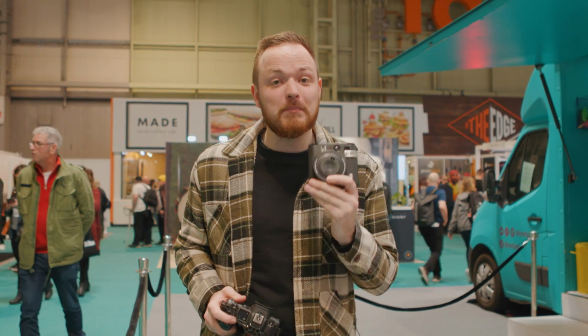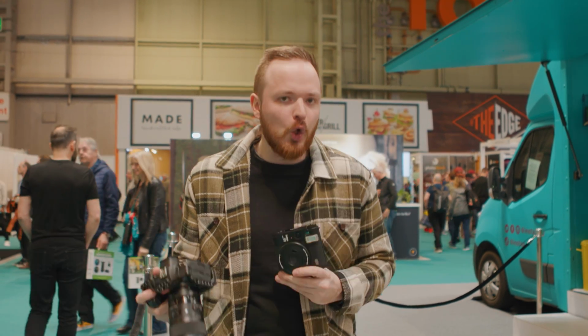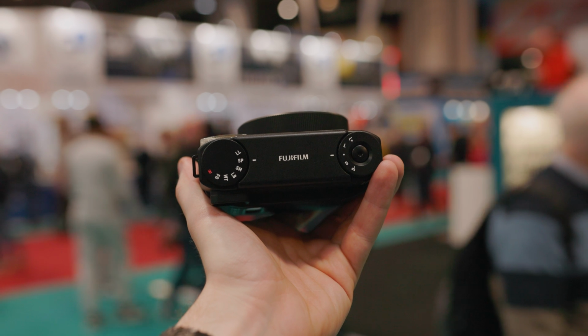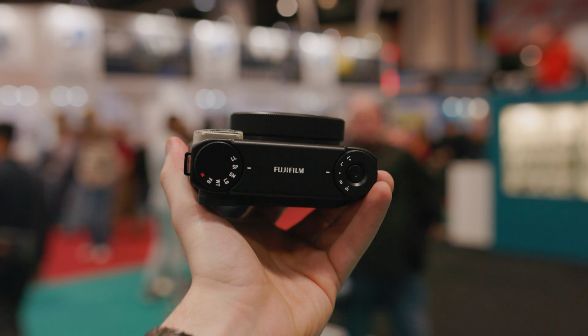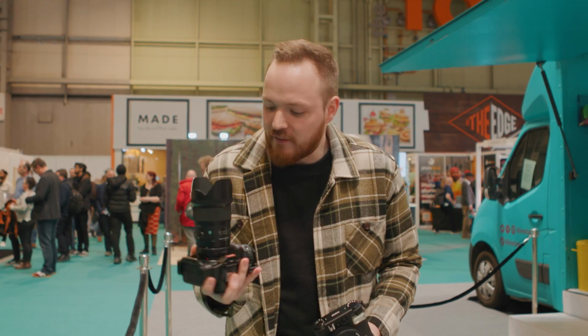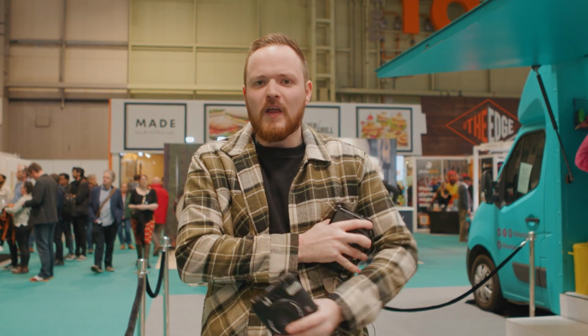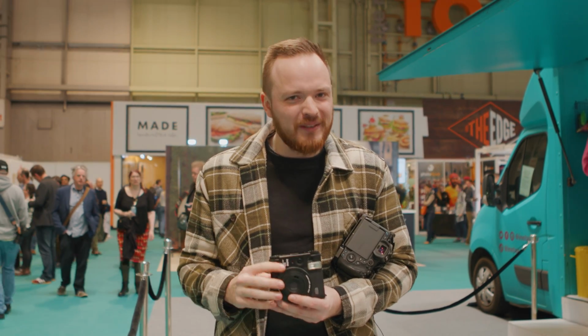This is the Instax Mini 99. Now, I own the Instax Square, but this is basically a more analog version of a traditional film camera. And what I really like about it is it takes the pressure of taking nice photos and you're focusing more on the enjoyment. Sure, my R5 anyway is going to take obviously better photos because it's a digital camera, but having something like this will bring you back to your core hobby,